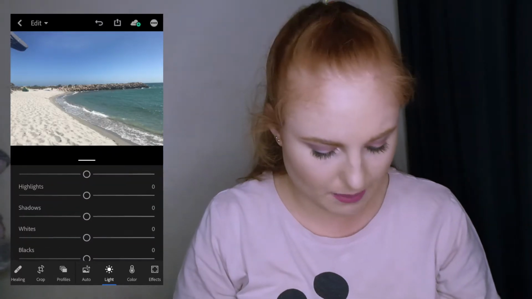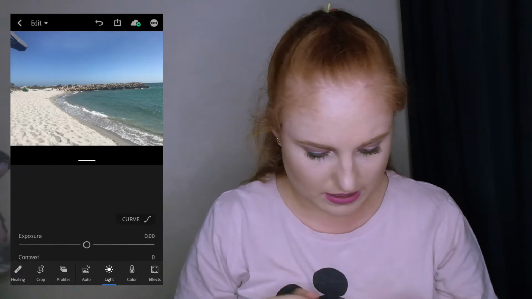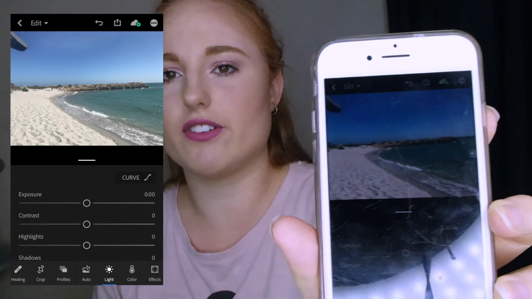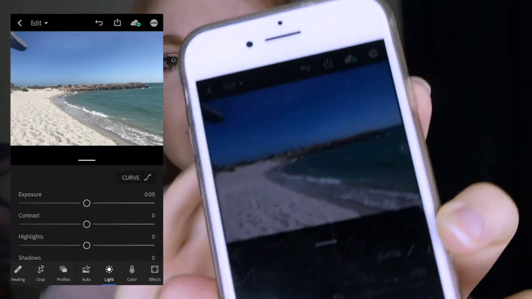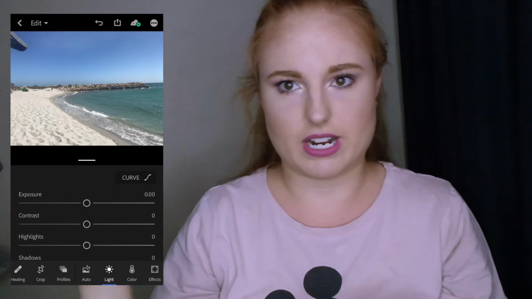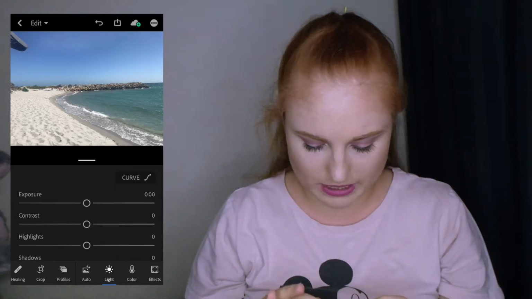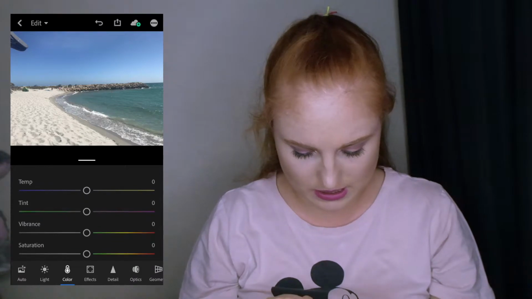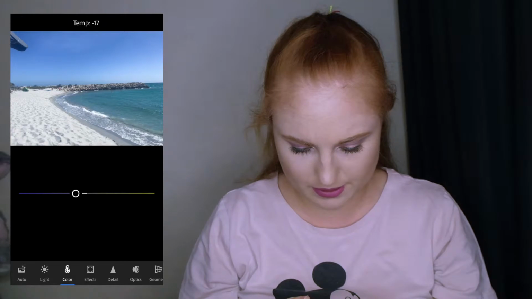For me, I'm not going to really do much because I kind of like the photo how it is, just like the brightness and all that. It all works. So if you can see, it'll be all on the screen up here. If I already like that, then I just move on to the colour and see if I want to adjust any colours. Like, for instance, adjust the blues, more blue,